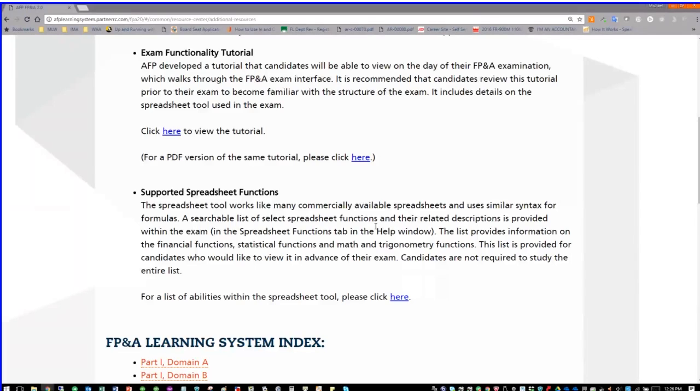I took the exam, let's see, about 2 years ago, and I found that the formulas that are in the supported spreadsheet are very robust. Pretty much they've got everything in there. And even the structure of the formulas is typically very similar to Excel, and it's well defined. You won't have difficulty, I wouldn't think, using the formulas. But the general spreadsheet itself works differently. And you don't want to find out ahead of time.